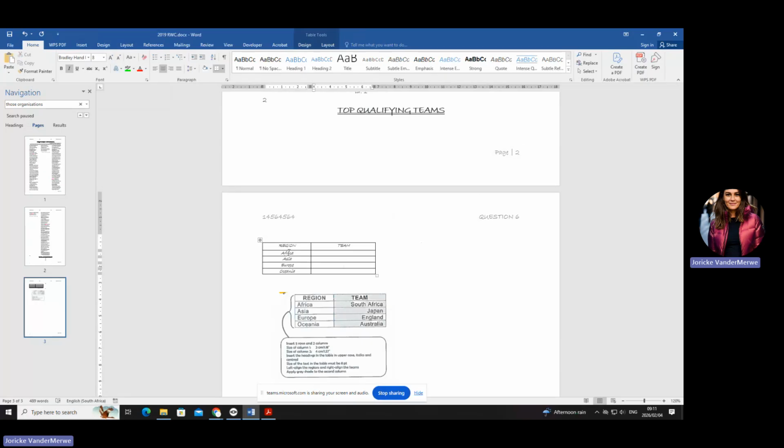And then on that side, we've got the teams, which is South Africa, and we've got Japan, and we've got England, and we've got Australia. So these are all things you have to type in. These ones must all be left aligned, and these ones must all be right aligned. Can you see?